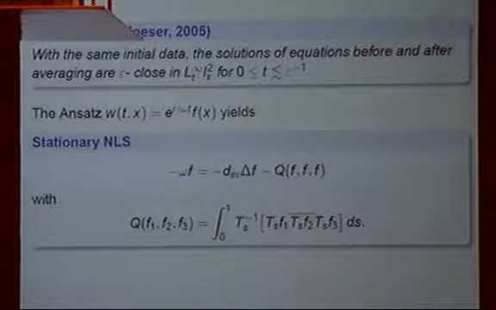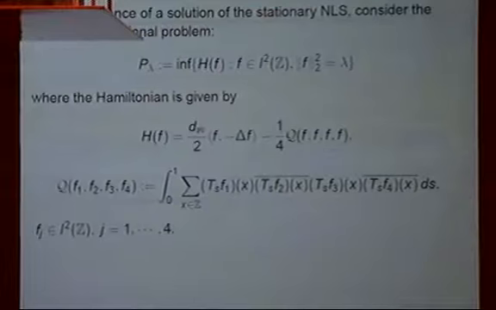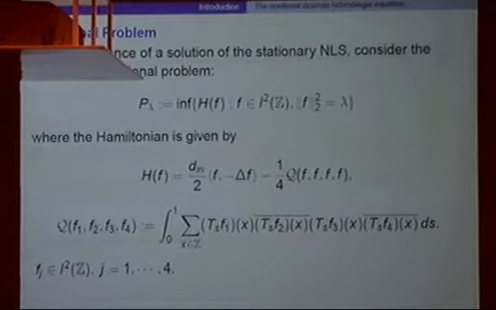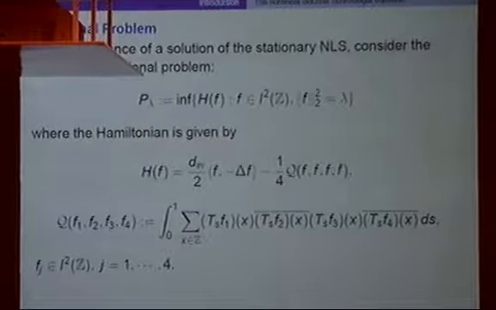Okay, and then this question is related to some variational problem. For the existence of this stationary nonlinear discrete Schrödinger equation, we can consider a constrained variational problem